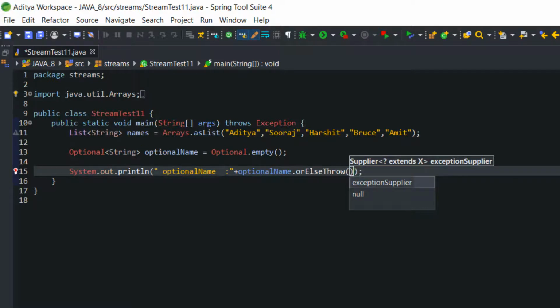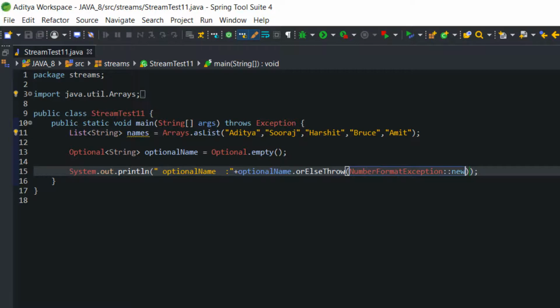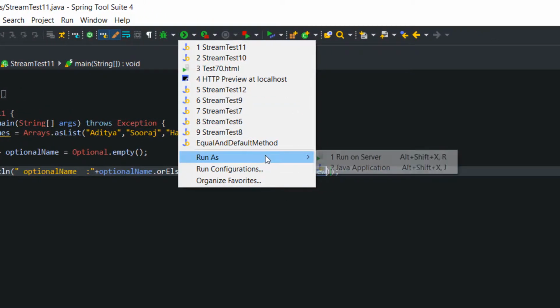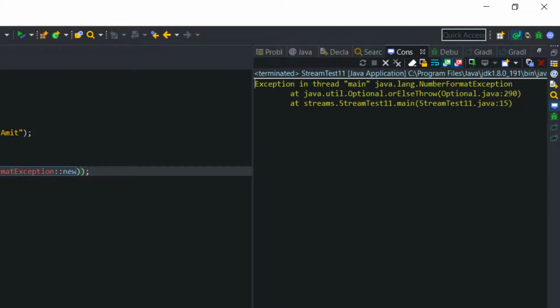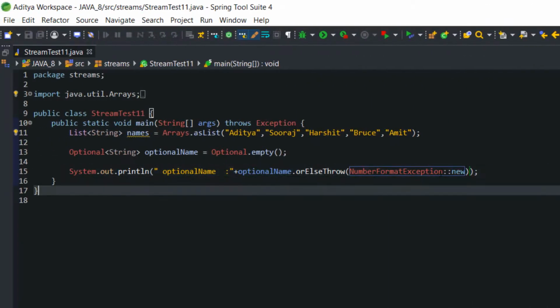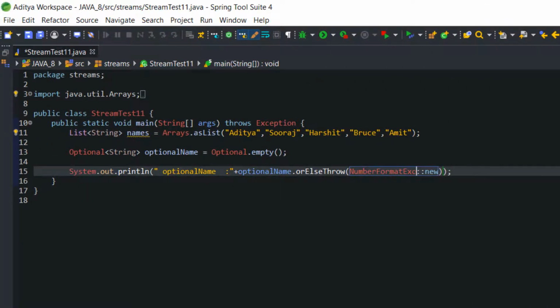For example, right now I'm going to call NumberFormatException. Data anyway does not exist because it is showing Optional.empty. Now let's execute the code. It is showing number format exception. Now instead of number format exception, if you want to throw arithmetic exception, you can do that also. You don't have to do anything, you just need to call ArithmeticException here.